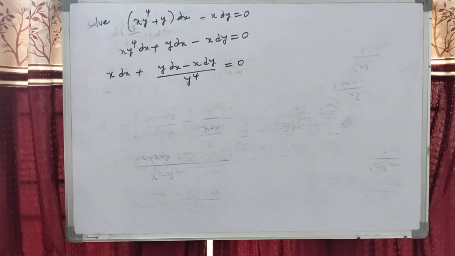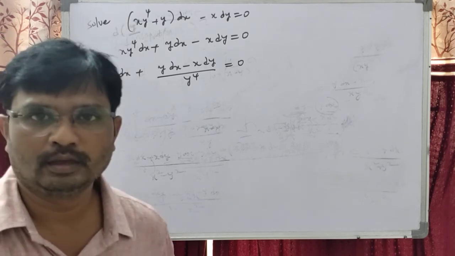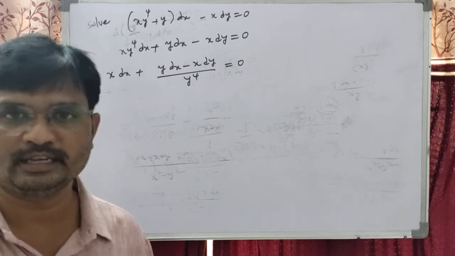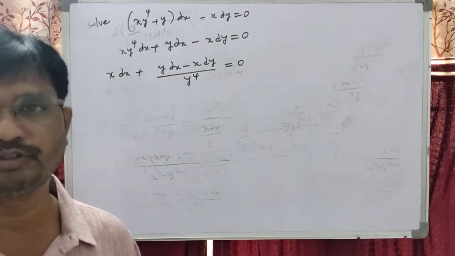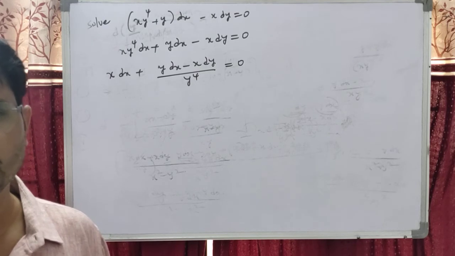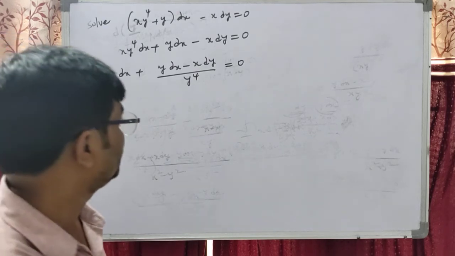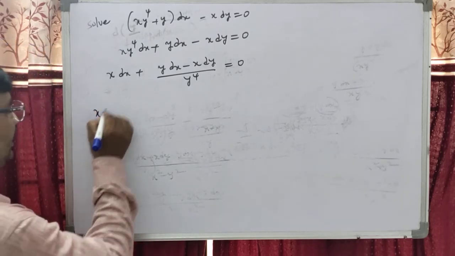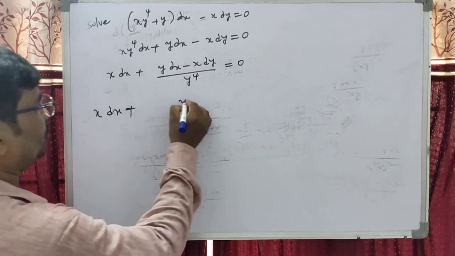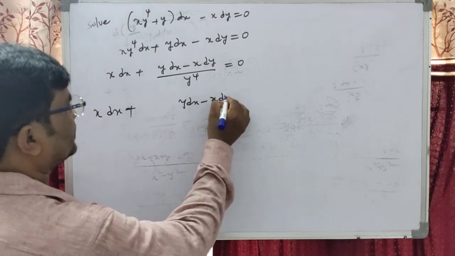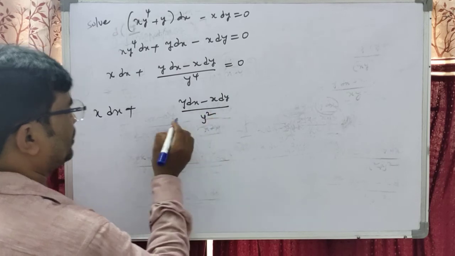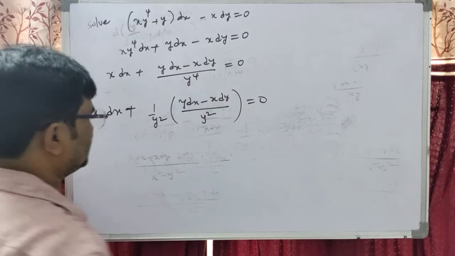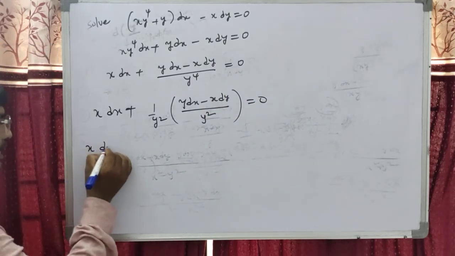Undoubtedly, students, if in either JEE Mains or Advanced the differential equation is in the inspection method, undoubtedly you have to think for 1 minute. As I already explained, it is very difficult to observe. So right now, students, we can observe the x into dx. We have to know that y dx minus x dy by y square. Therefore, this is the x dx.